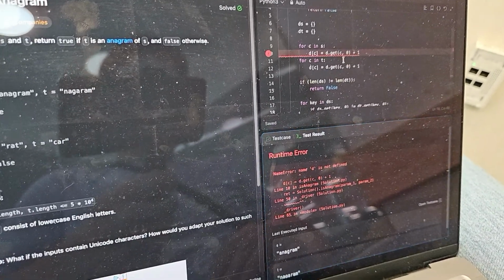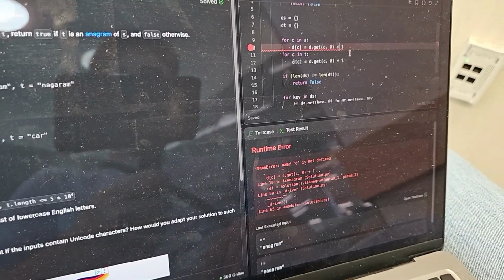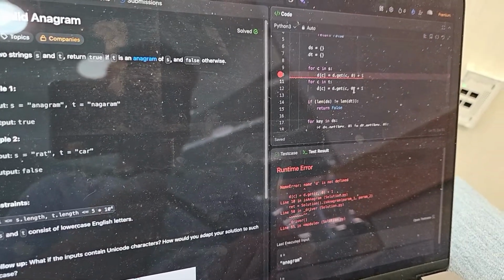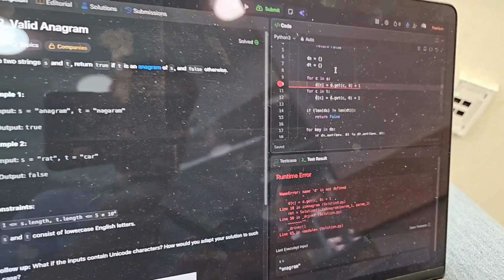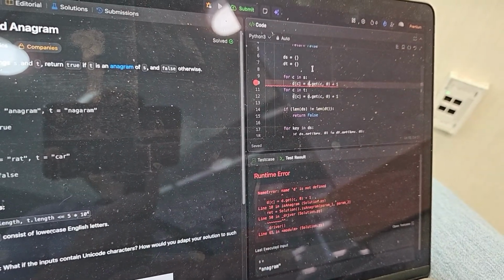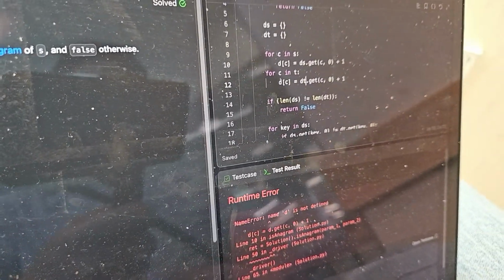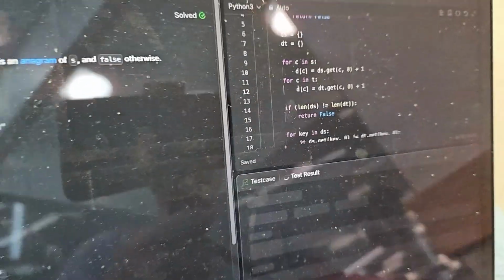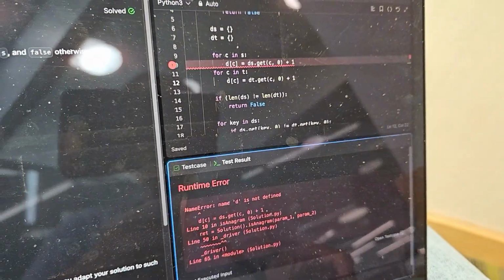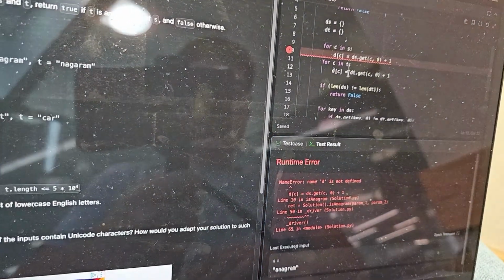And we got another error. Okay. D.get, ds, dt typos, which is why okay, this should work this time, and we're getting another error.